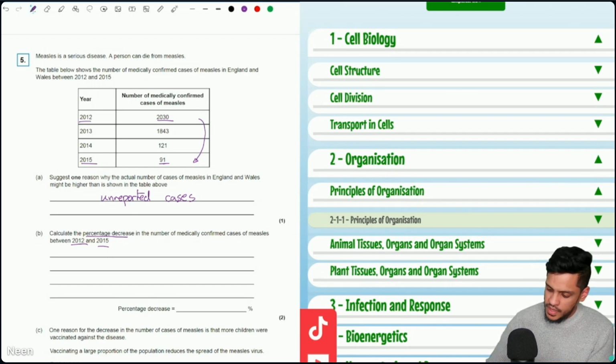So first work out how much is decreased by. 2030 minus 91. So work out what 2030 minus 91 is first of all. That is 1939. We want the percentage decrease. So we want this as a percentage of the original. The original is 2030. So what you want to do is 1,939 divided by 2030. You want it as a percentage, so you want to times it by 100, and that gives you,